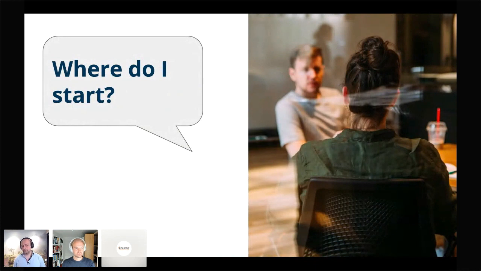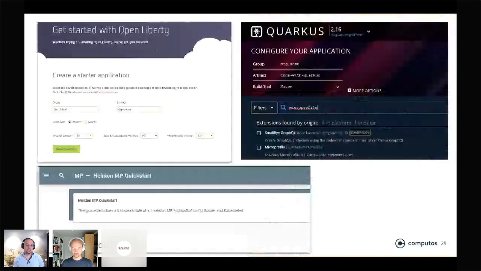But okay, we talked about all this, and we're still in the situation where we have a little method that we don't know where to put. I mean, we put public static void main to it. It runs on our machine, everything is fine, but when you want to share it with the world, where do we start? How do we actually start this Jakarta EE MicroProfile thing? And it's also probably a question if you haven't created this kind of application before yourself, so you probably would like to know that as well.